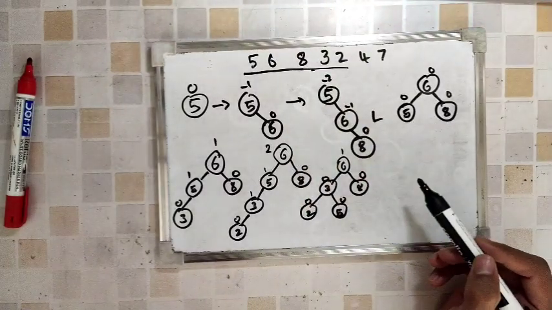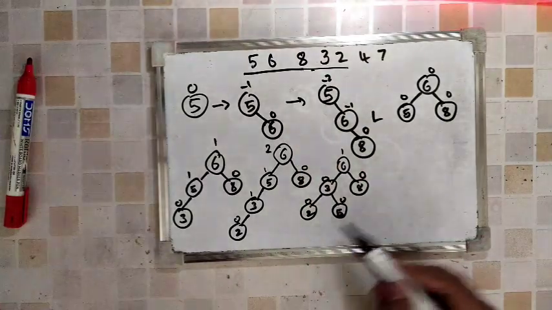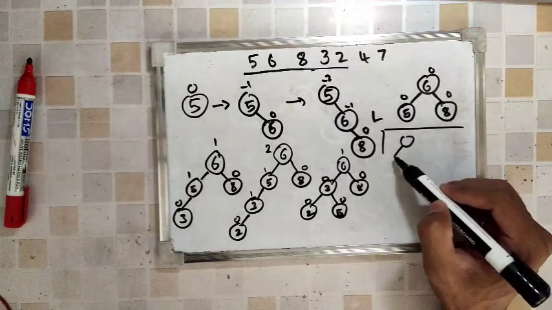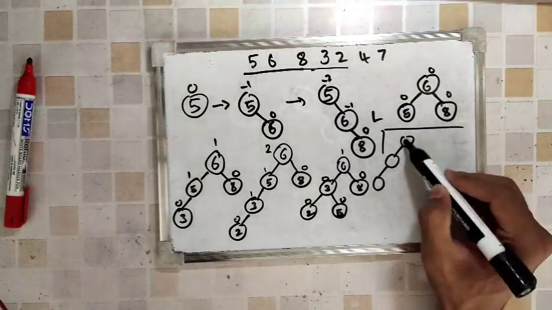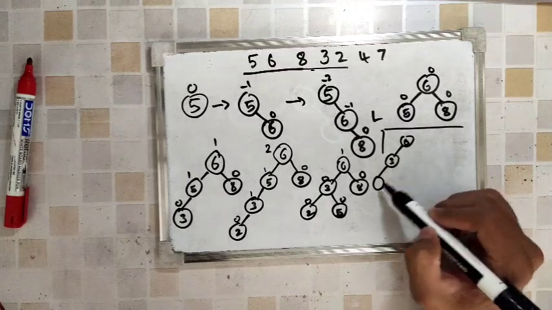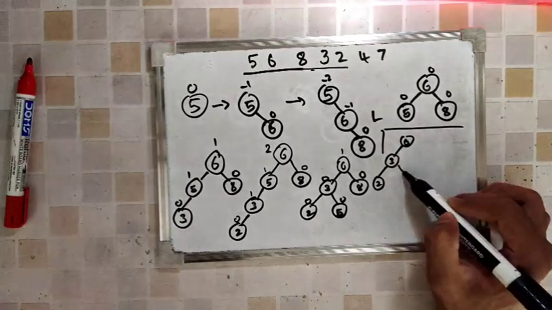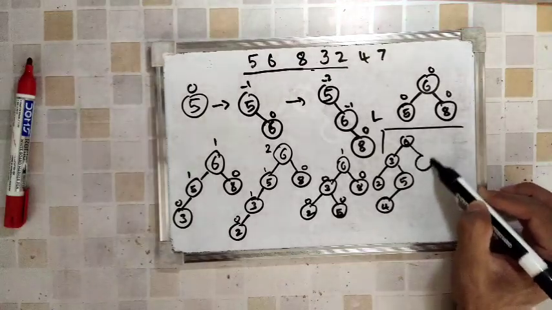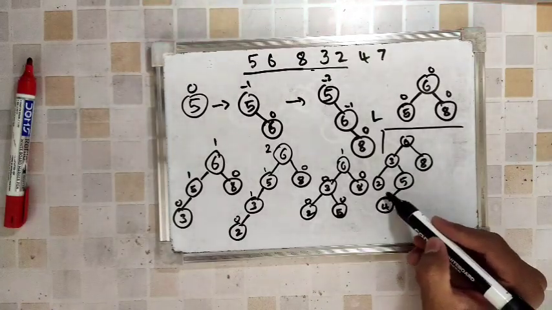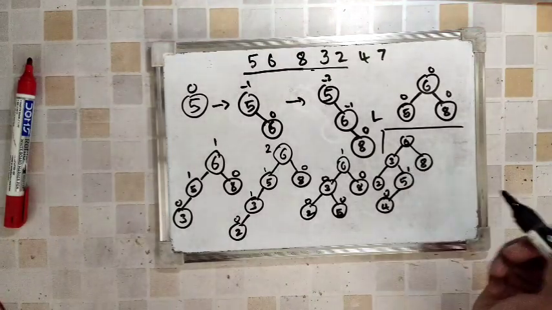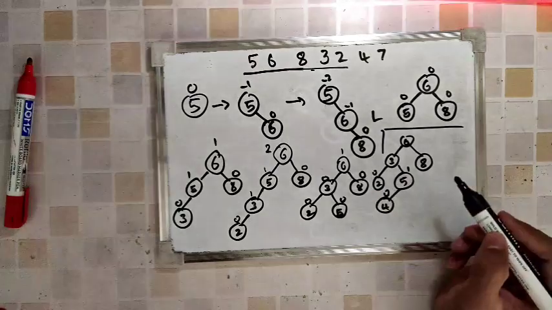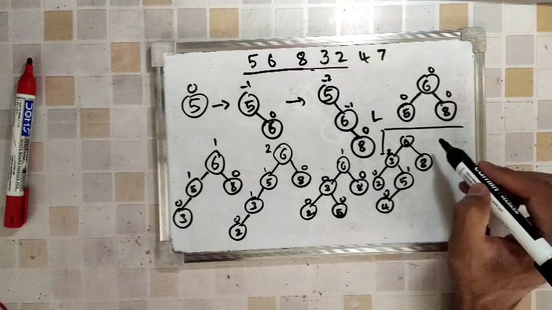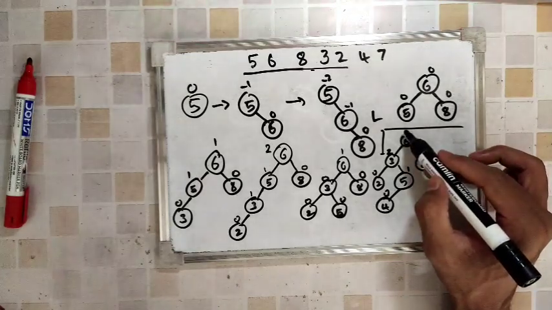I'll add 4 again. Where does this 4 come? 4 will come to the left of 5. Okay, let me try and fit it here. 6, 3, 2, 5, and 4, and 8. So this will be 0, this becomes 1, this becomes 0, this becomes 2, minus 2, and this will become,